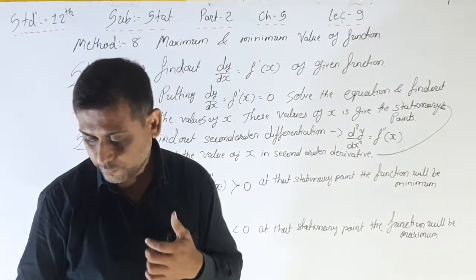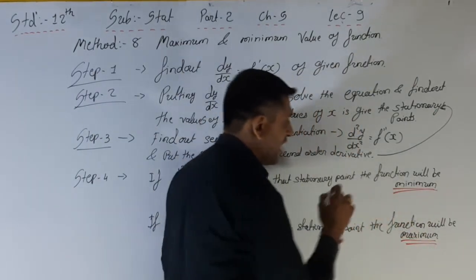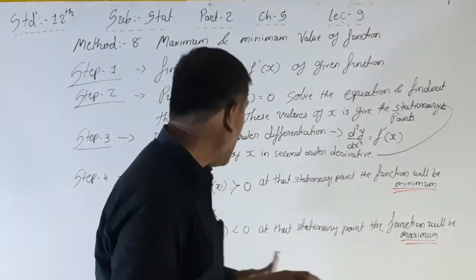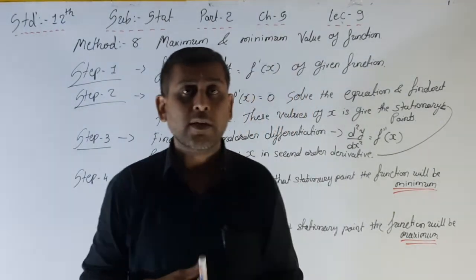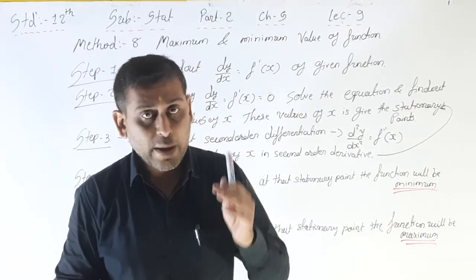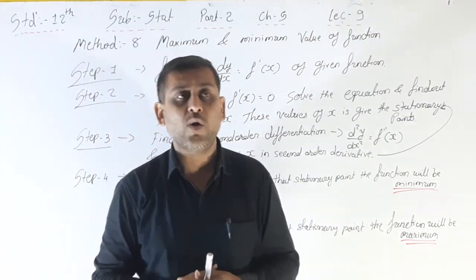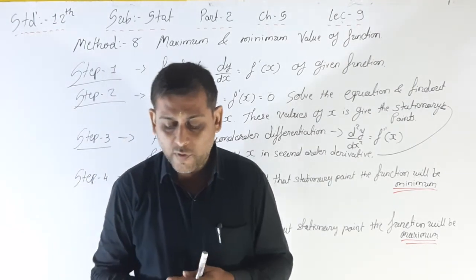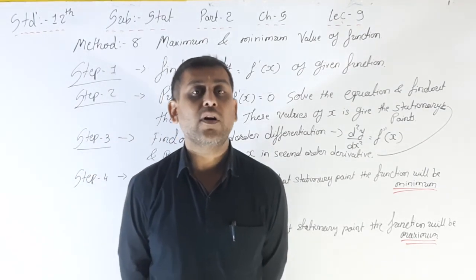Okay, so here we find out at which point the function is maximum and minimum. And the last step, I'm just saying that step because here there is no space. Write down that last step, step number 5. See, the maximum and the minimum value of a function are obtained by putting these values of x in the given function.